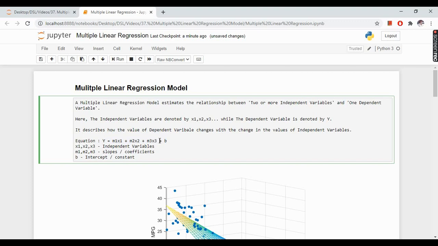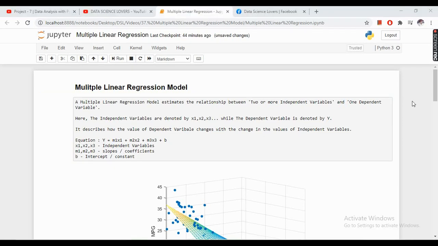There may be many independent variables, and in the last we have the intercept, which is denoted by b. Here y is our dependent variable, while m1, m2, m3 are our slopes, or you can say coefficients, and x1, x2, x3 are our independent variables.